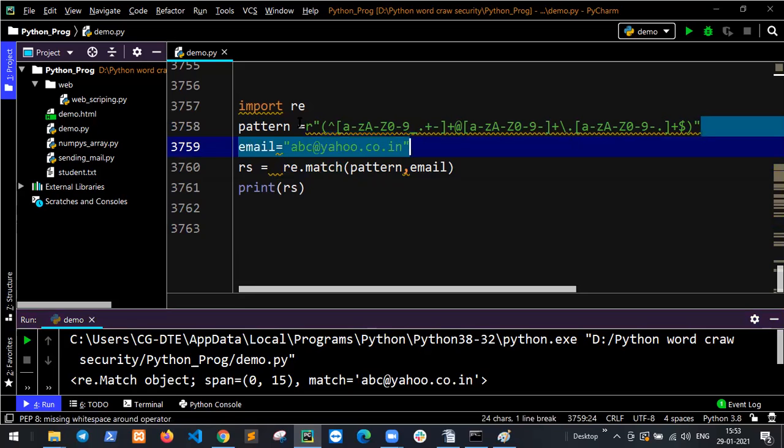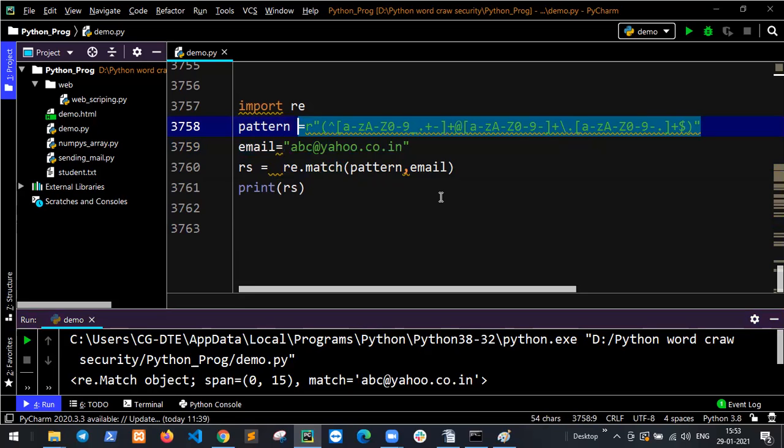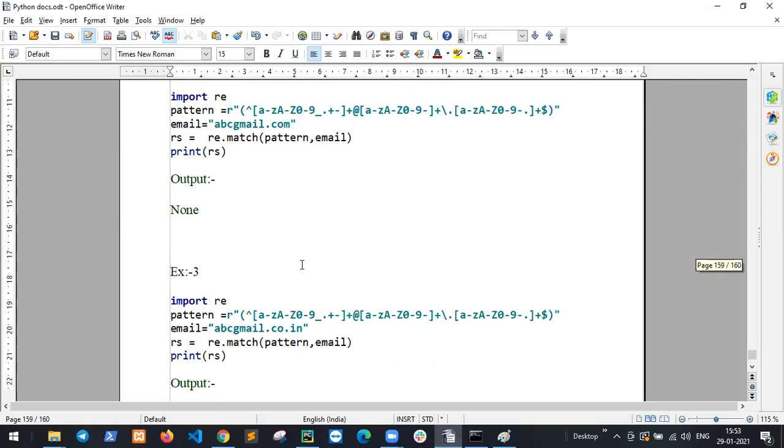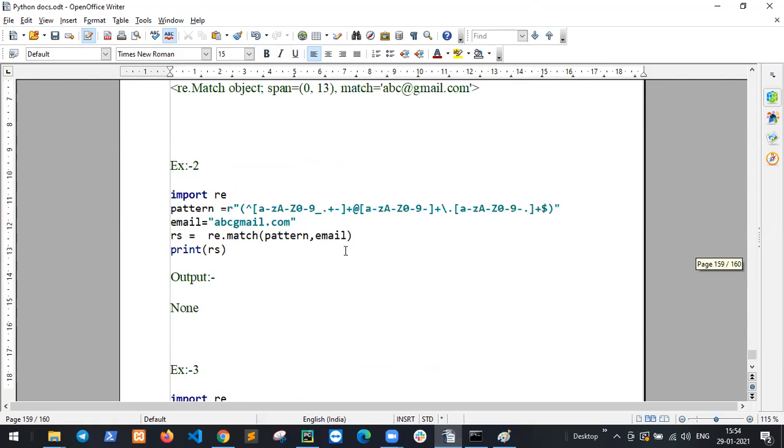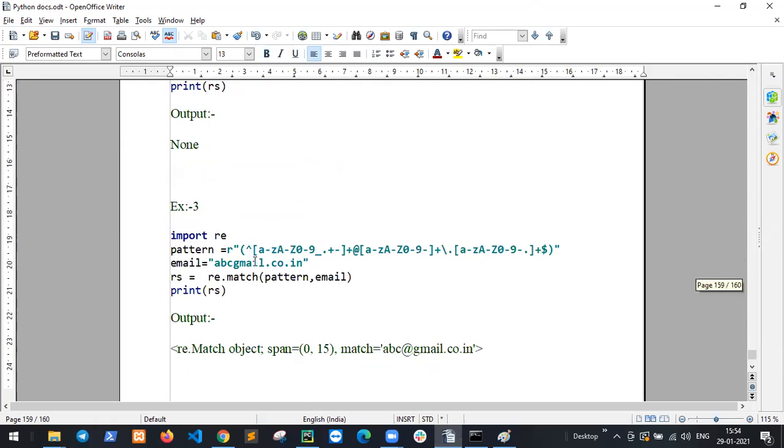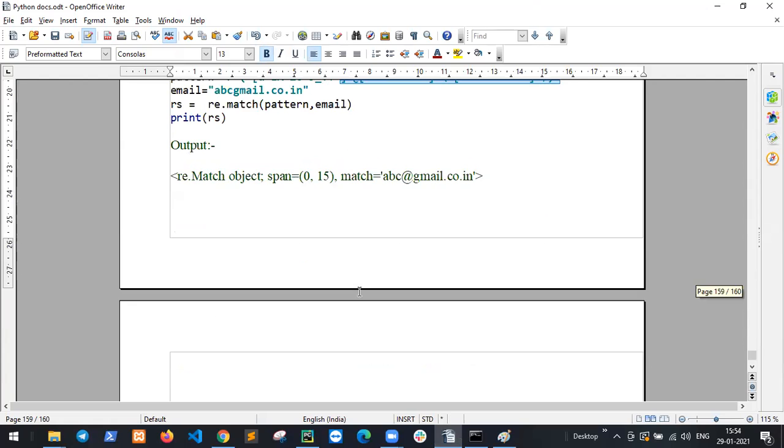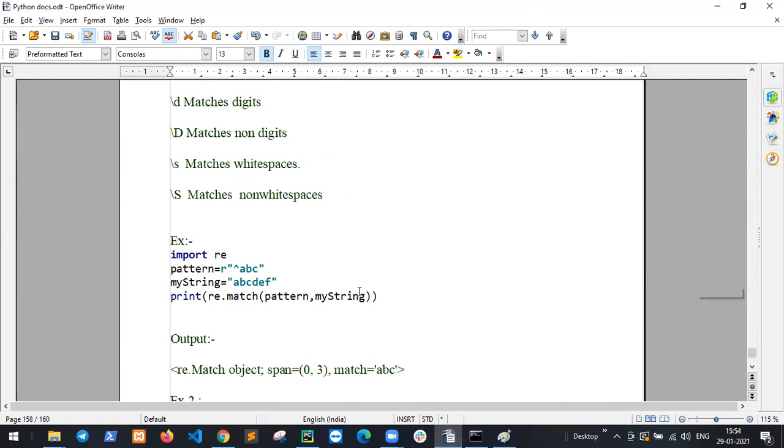So for any kind of email data, define it in regular expressions. Understood? Yes, sir. Okay. It is the same: import re, A to Z for your data, check the email pattern, and A to Z, 0 to 9 to check your data, and A to Z. So this is your regular expressions.